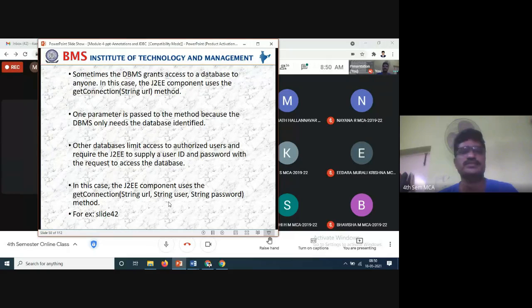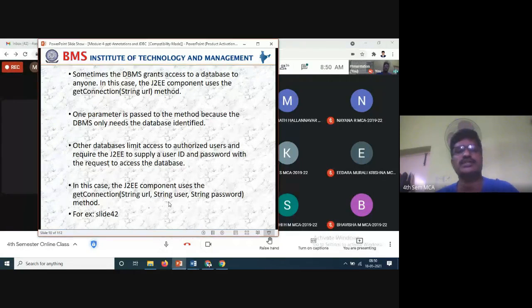Sometimes the DBMS grants access to a database to anyone. In this case, the Java components use the getConnection(String url) method.